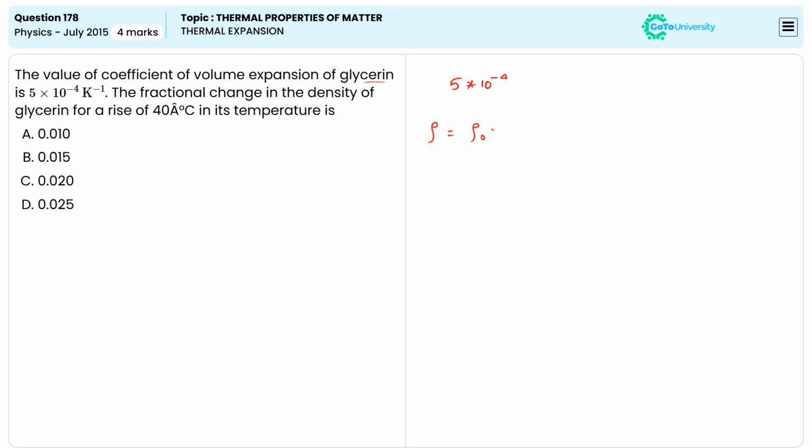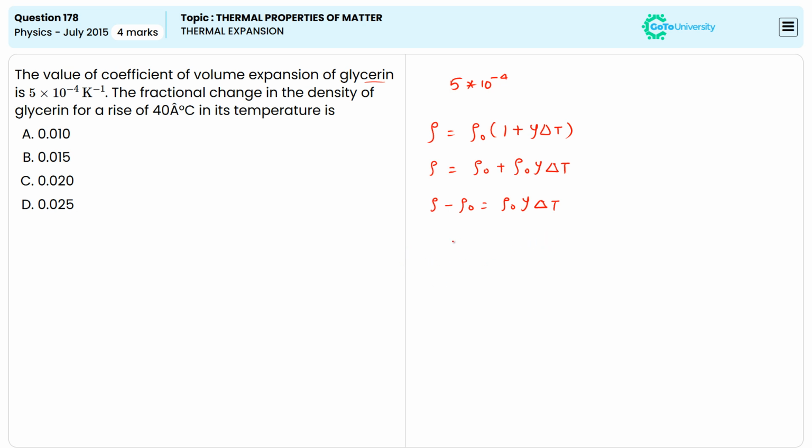to rho naught times (1 plus gamma into delta T). Then if I simplify this, rho is equal to rho naught into 1 plus rho naught into gamma into delta T, then rho minus rho naught is equal to rho naught into gamma into delta T. Thus, the fractional change in the density of glycerin for a rise of 40 degrees centigrade in